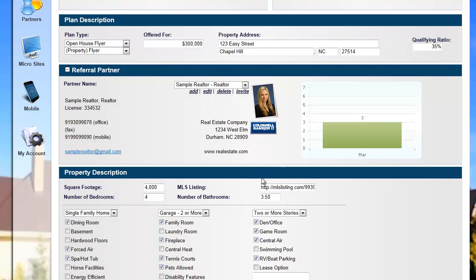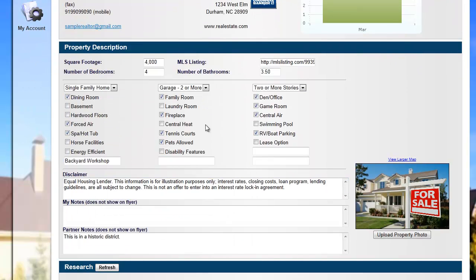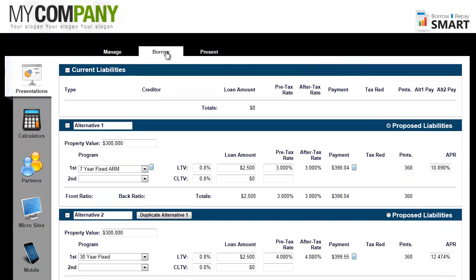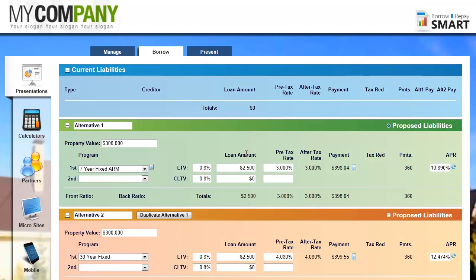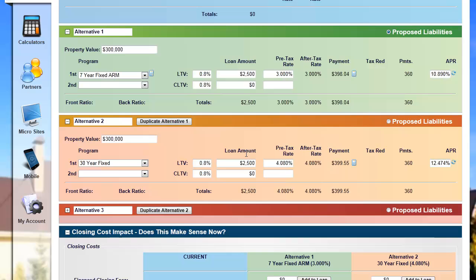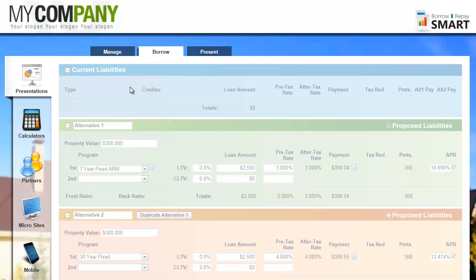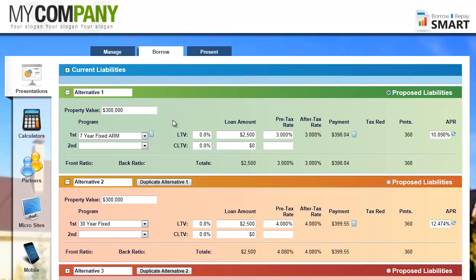Now remember, this is the property flyer, and this has more in-depth property information and a little less financing information. So when I go to the borrow screen, I'll have my normal capabilities to put in the different liabilities that I want to show for this particular property. So I would tend to want to just show some alternatives. And this is a purchase, so I'll say